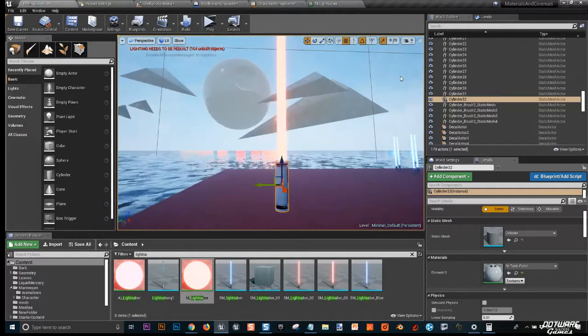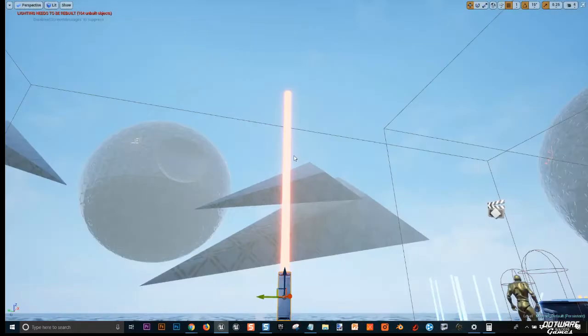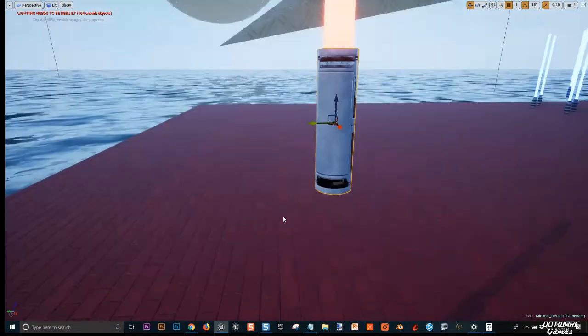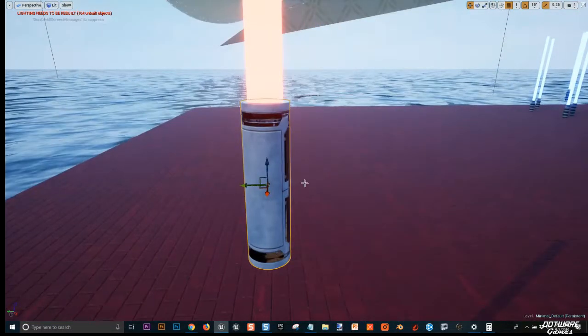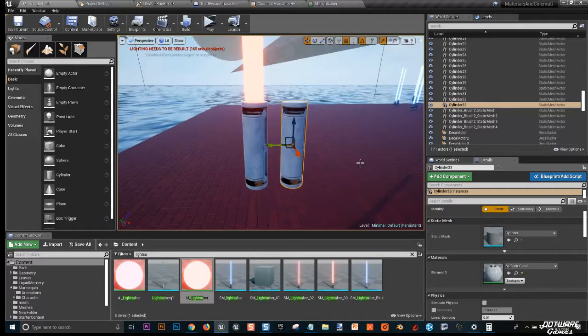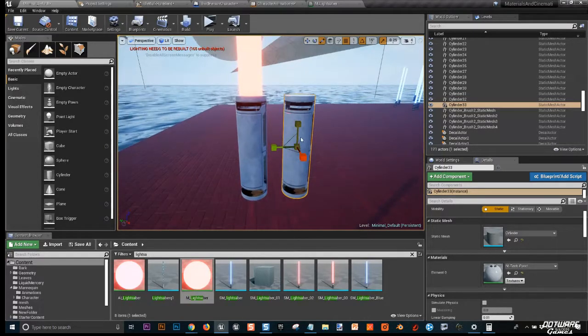So I got this hilt looking thing. Hopefully you have something you're happy with. I'm going to get even a little bit more particular. I'm going to make another copy of this hilt, and I'm going to make it really, really